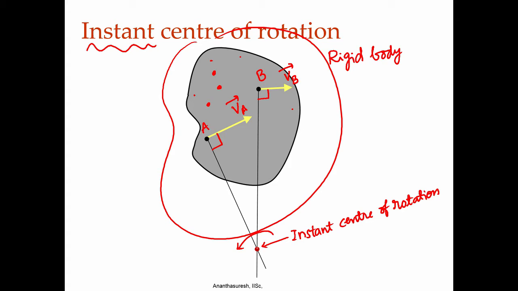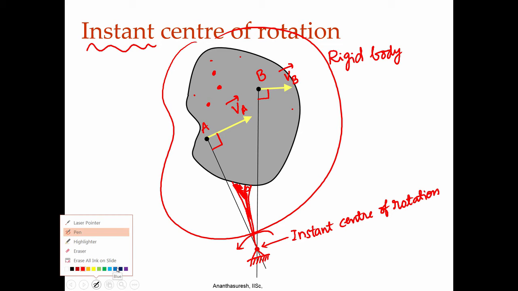Because if this is the point that is like a pivot almost, at that instant, because that is not moving, its velocity is 0, it is like a pivot. The whole rigid body, if I were to connect it with some rigid thing, let us say this all connected rigid body, at this point appears to be rotating about that point. Since it is rotating about that point, if I take this line, the line that we have just drawn, if I take this line,